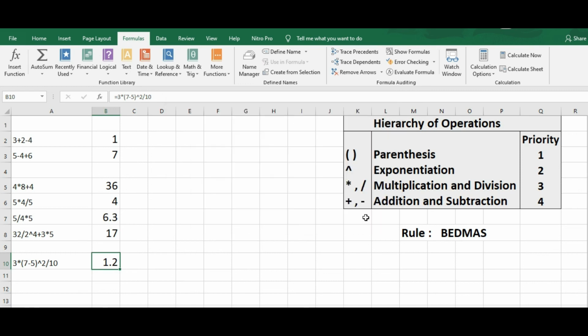So this is how Excel evaluates arithmetical operators according to their hierarchy, and obviously follows this rule. First, brackets will be evaluated, followed by exponent operation, division, multiplication, addition, and subtraction. Though multiplication and division have the same precedence, Excel evaluates the operators from left to right, and similar to addition and subtraction, in this case also Excel evaluates the operators from left to right.